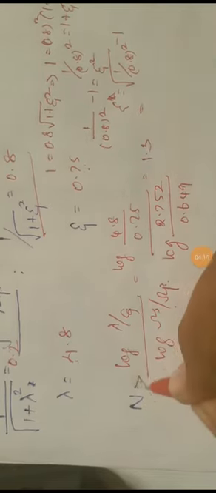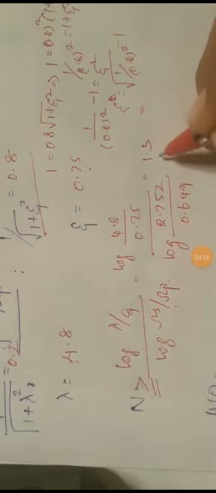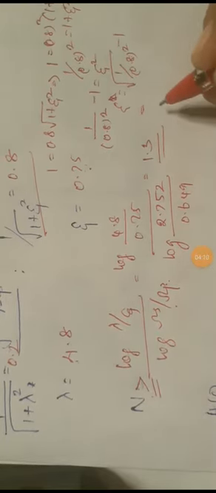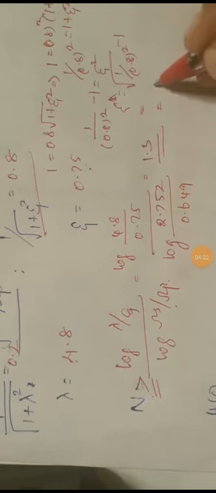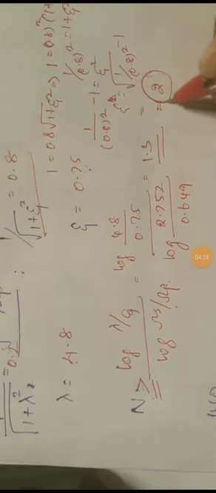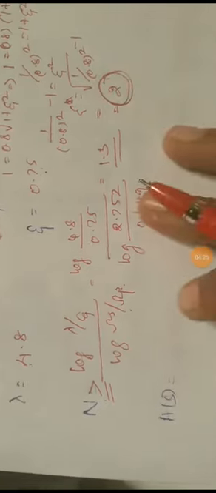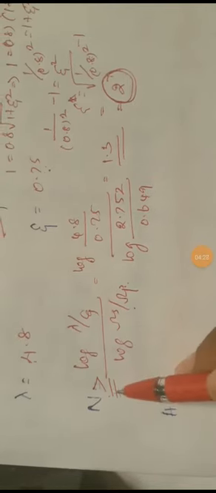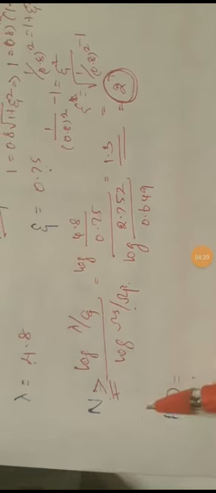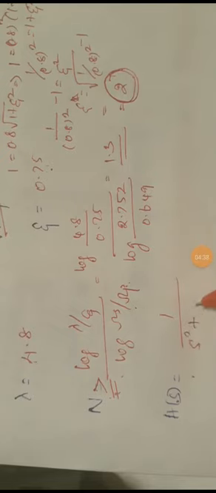So we know n is greater than or equal to this value, and we should round it off to the next higher integer to find the order value n. So 1.3 on rounding off to the next higher integer is 2. So in order to find the H of s, we have to solve from the order of the filter. For order of the filter n equal to 2, the corresponding H of s value, the Butterworth value, is 1 divided by s square plus square root of 2 into s plus 1.